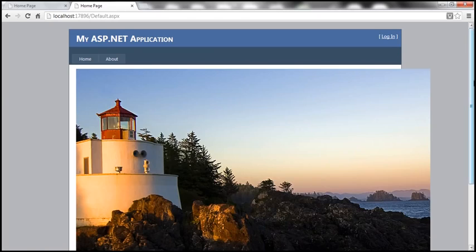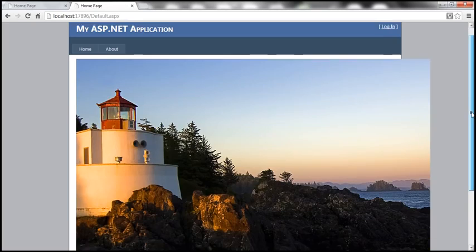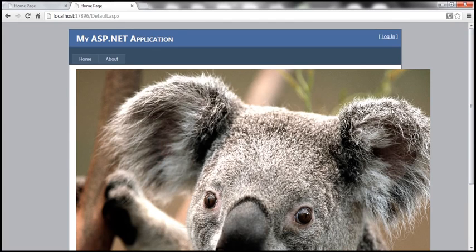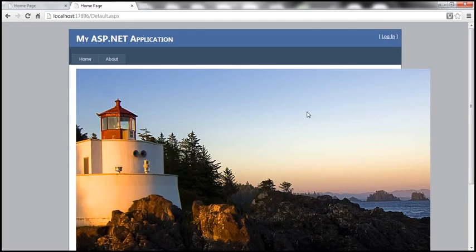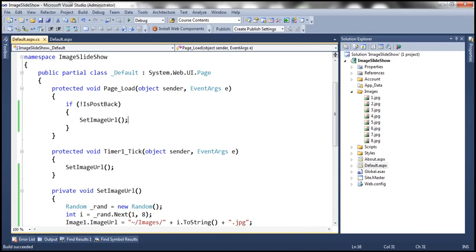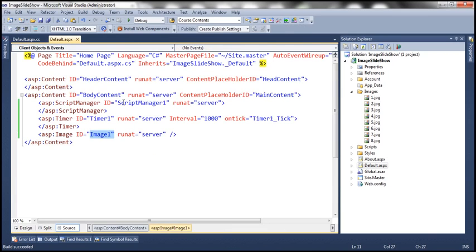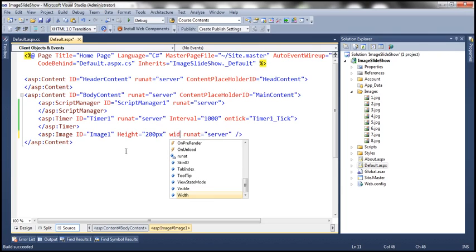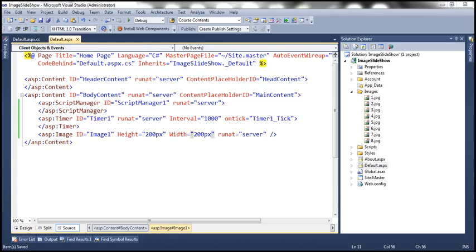Okay. Now the problem is here the image size is too big. We don't want this big image to be displayed. Let's say I want the image height and width to be 200 pixels. So how do we adjust that? Simply go back to your default page and then set the height and width for the image. So height is equal to 200 pixels and width is also going to be 200 pixels. So depending on your project requirement, you can adjust the height and width, and the moment we do